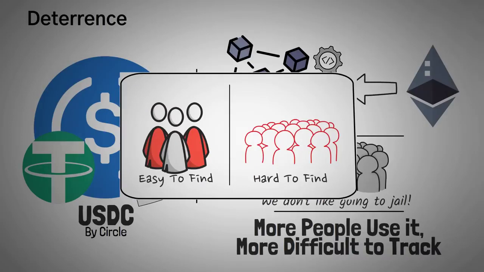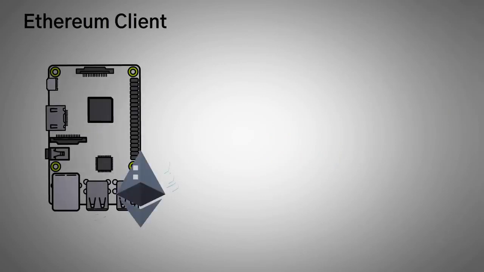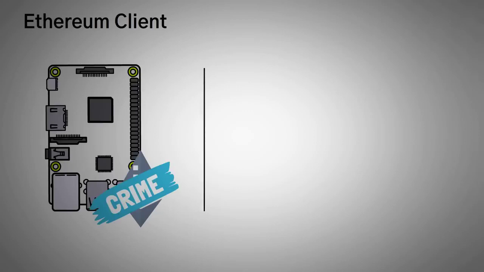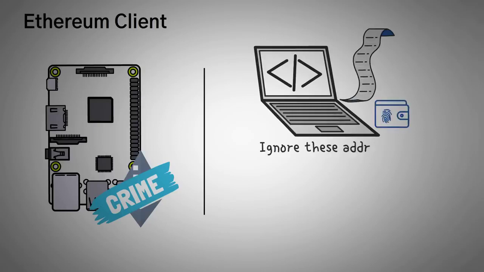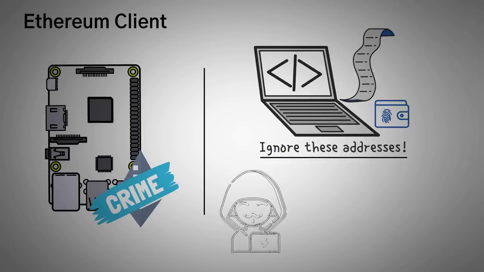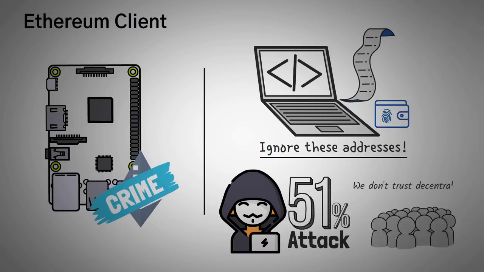Now moving on, as I mentioned earlier, you may even be committing a crime if you are mining Ethereum and you process a transaction associated with Tornado Cash. Now one simple way around this is that the Ethereum miner software could be updated with a blacklist, or a list of accounts to never process transactions for, which is a totally viable thing to do. And it's very similar to the result of a 51% attack. They just say, here is a list of addresses not to process transactions for, and then the software just ignores them and never processes them. Now this is a very scary thing to do purposefully and will likely remove a lot of trust in so-called